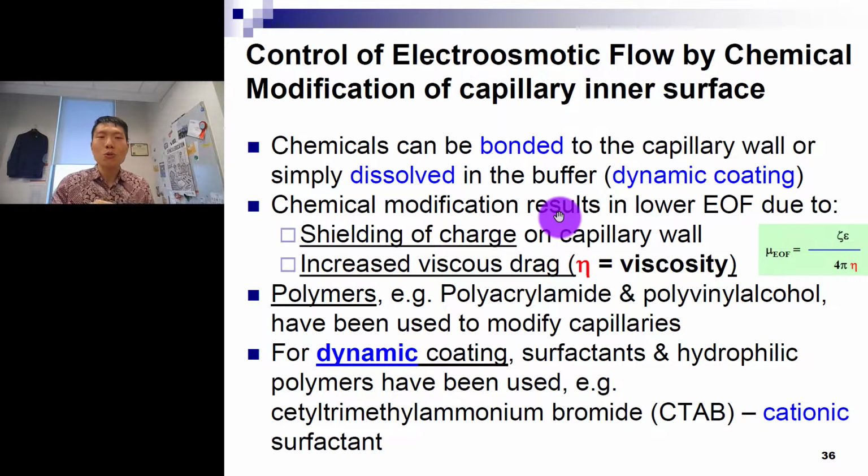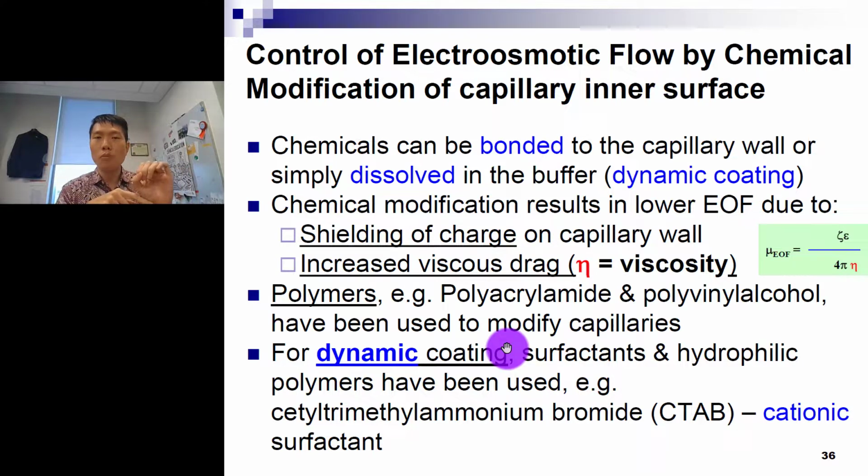No. So you want to coat it such that your analyte can move, right, and be separated due to different speed. So what we do is, right, we can do a dynamic coating, right? We inject through a narrow bore here some kind of polymer, right, that still remains to have some cavity so that you can pass through analyte here. We can apply this chemical modification so that we have a lower amount of EOF due to the shielding of charge from